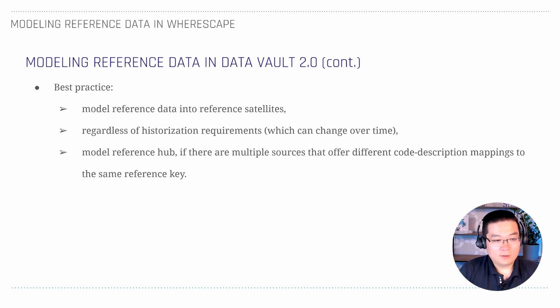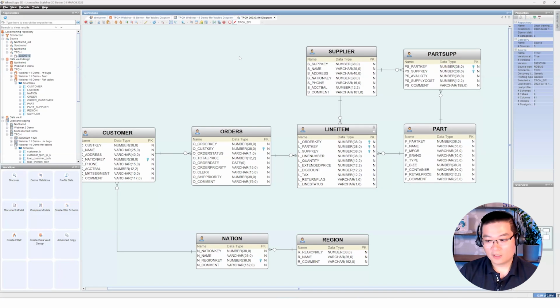And that is certainly my recommendation, my preferred way to model reference data in Data Vault 2.0, but also in WhereScape. And we will take a look at a little demo on how to do exactly so in WhereScape, right? And what you're looking at is a source model from the test data set provided by Snowflake, the data warehouse or the database platform,